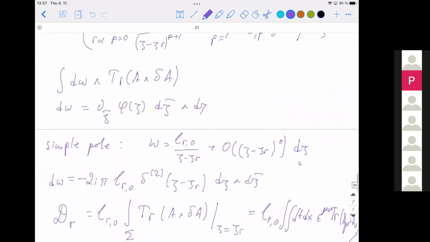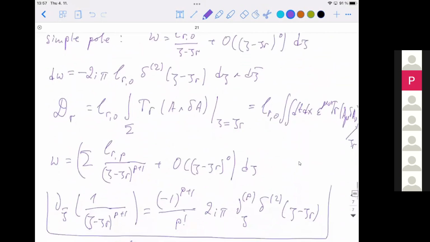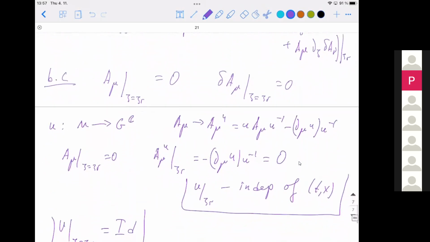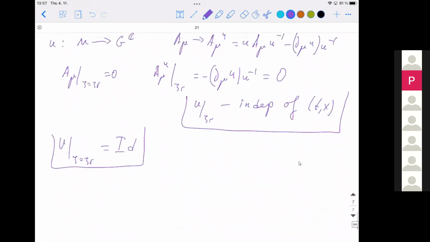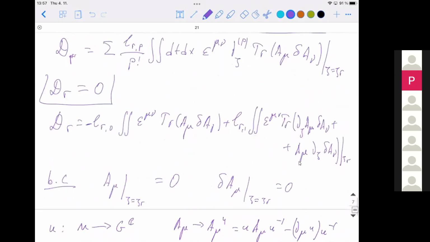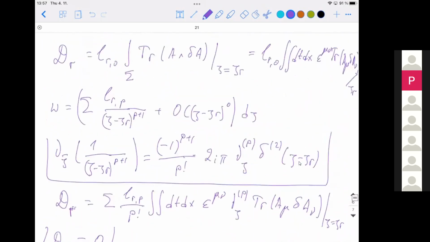We have the disorder defect, and then we have the defect. And we also extracted the gauge fields. Oh, we did not extract the